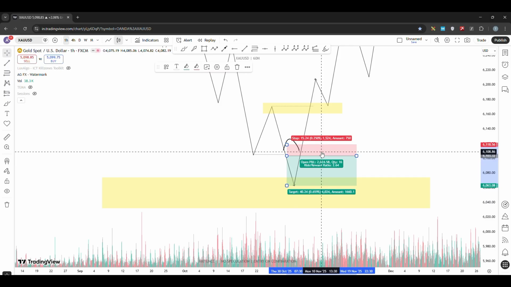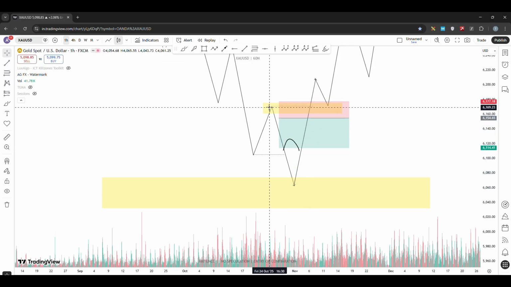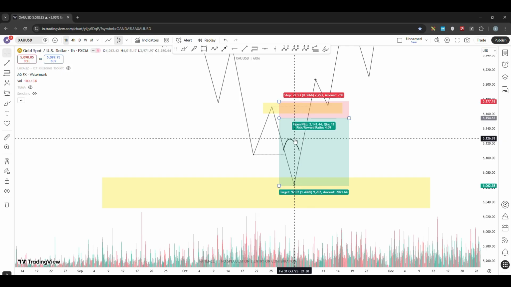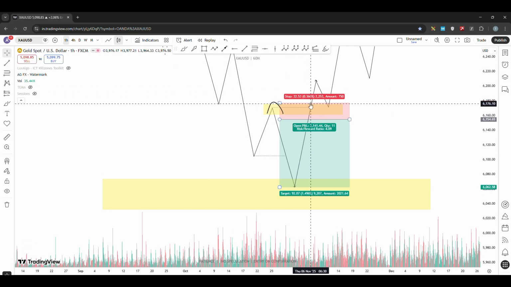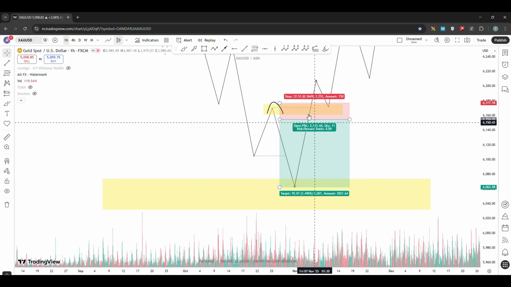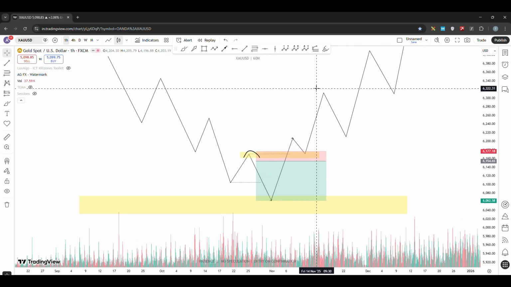Then there will be order block traders who will be looking to enter from this position with the stop loss above the swing high. And once again, their target will be at this low, and their stop loss will be above the swing high, and they will also be taken. So you can see a massive amount of sellers have been trapped over here,